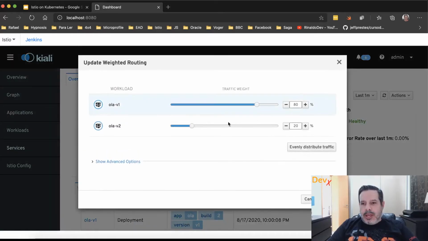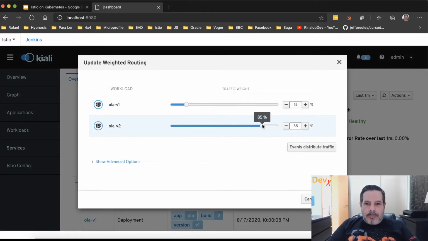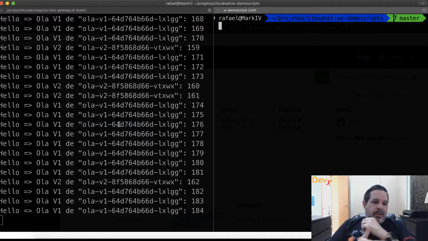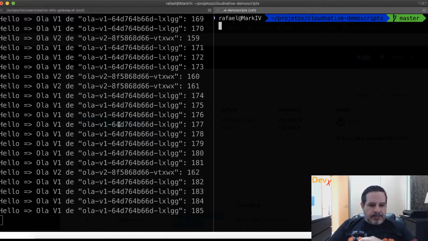So I will now make the opposite. More traffic will go to V2 now, and V1 will receive only 16% of the traffic. So now, let's wait for the rule to be applied.